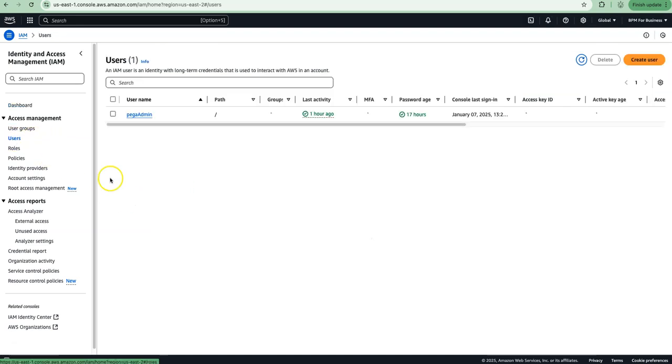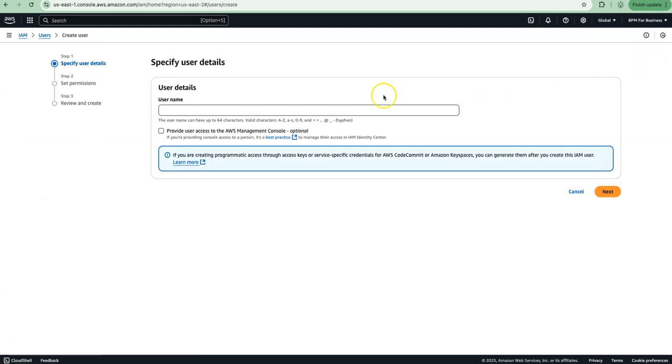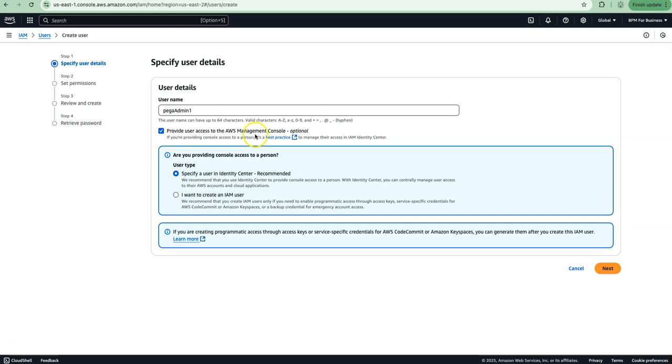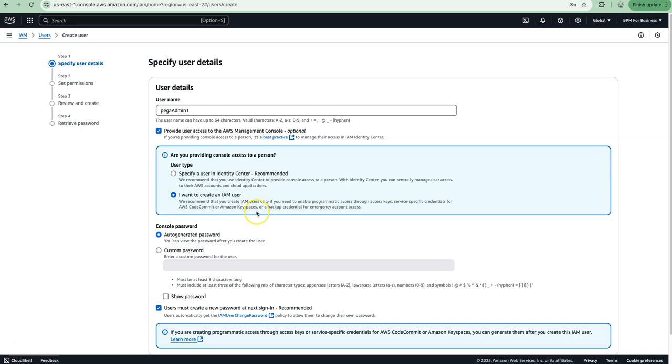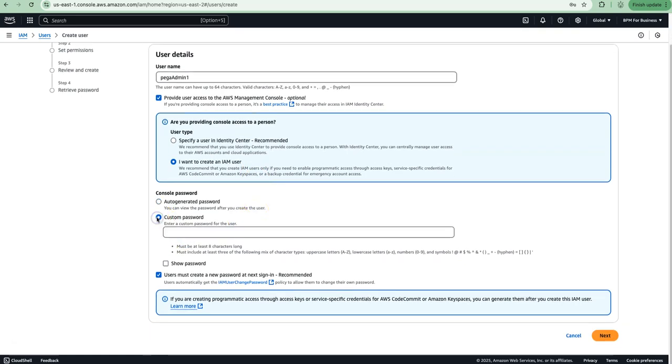I have created one user, but I'll create one more for you. It's called Pega admin. Let me create one more user called Pega admin 1, and you can check this, provide the access to AWS management console, and here you can say specify user in identity center, or you can say I want to create an IAM user specifically. You can choose your password if you want, or you can use the auto-generated password, whatever it is. If you're using auto-generated, which is fine, click next,